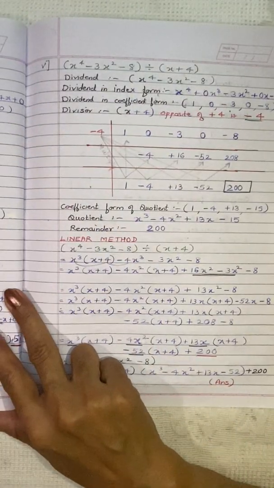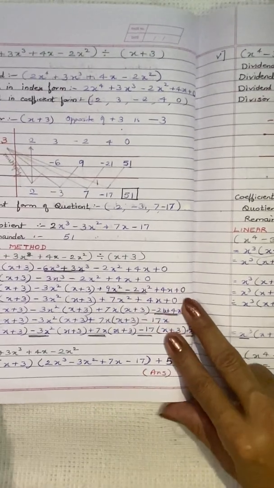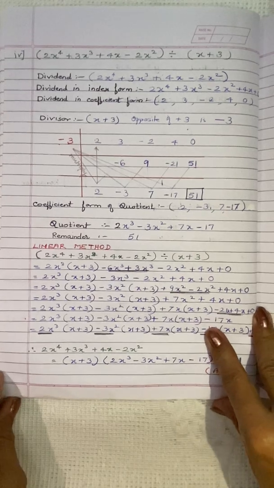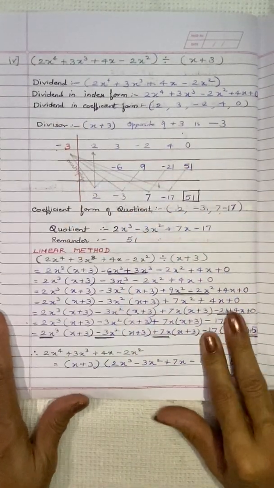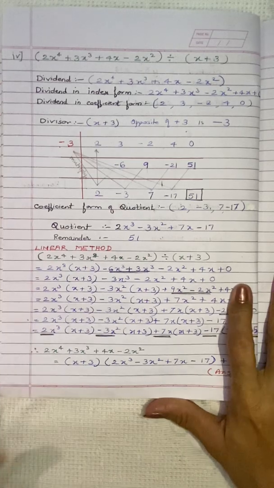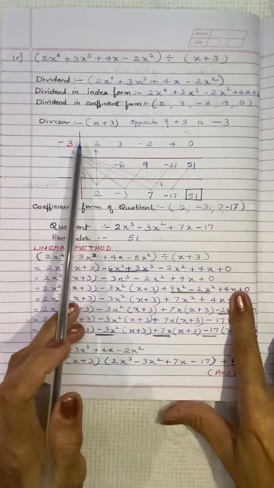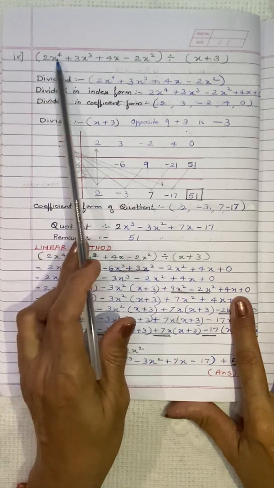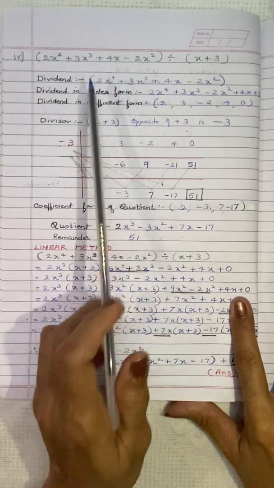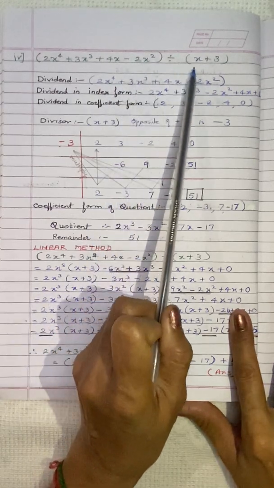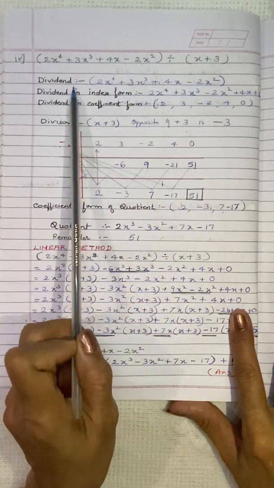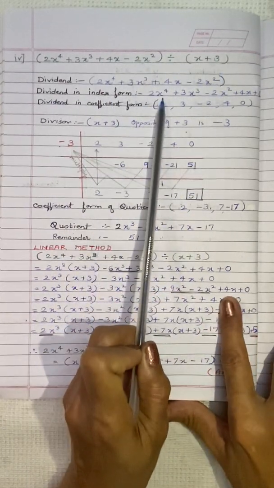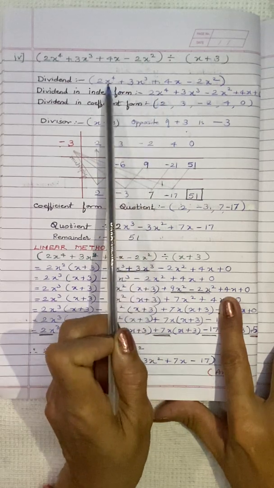Let's come to the fourth sub question. If you carefully observe, you will remember how to solve it. So the fourth sub question is 2x raised to 4 plus 3x cube plus 4x minus 2x square divided by x plus 3. Now this is the dividend and this is the divisor. So the dividend in index form we will write,